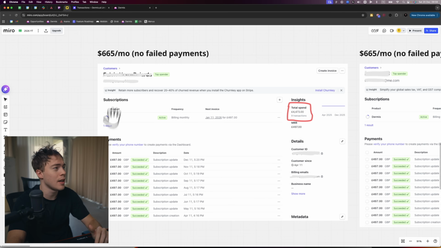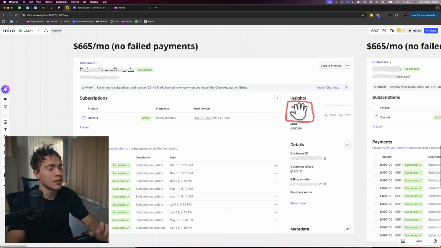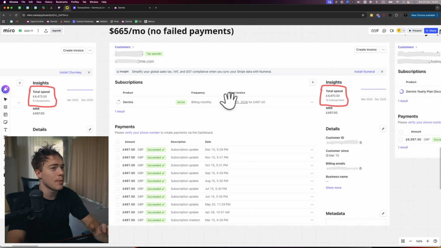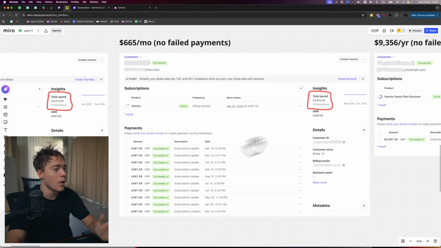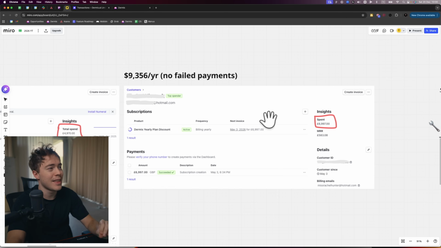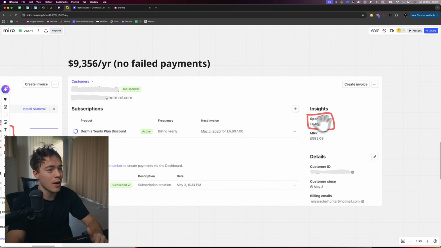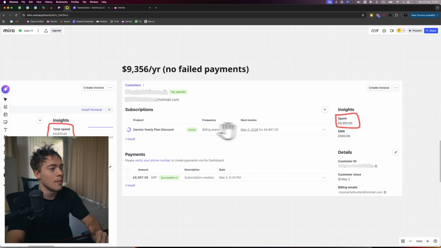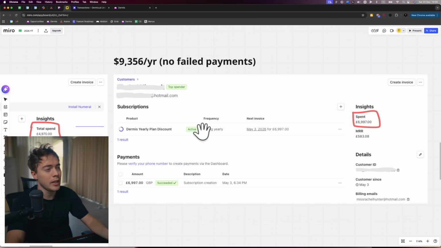where you have a client paying you $665 a month and you can see you have an LTV in the $7,000 range. Here's another example of another client, no failed payments, and over here you see another example of a client paying us $10,000 a year because this client is on the yearly plan. Now obviously this is in pounds, but they're getting billed yearly, and every year we get $10,000 out of them,